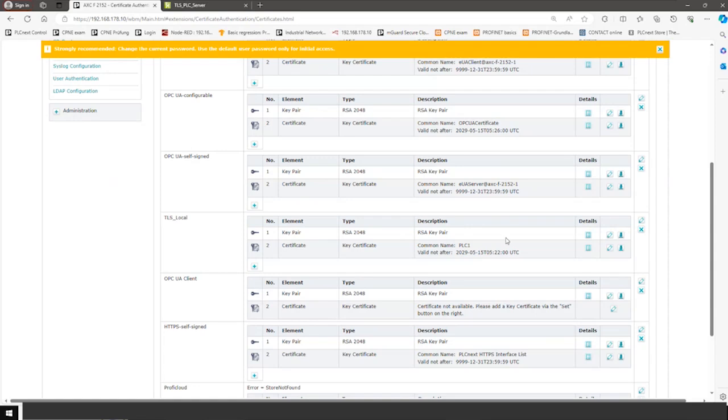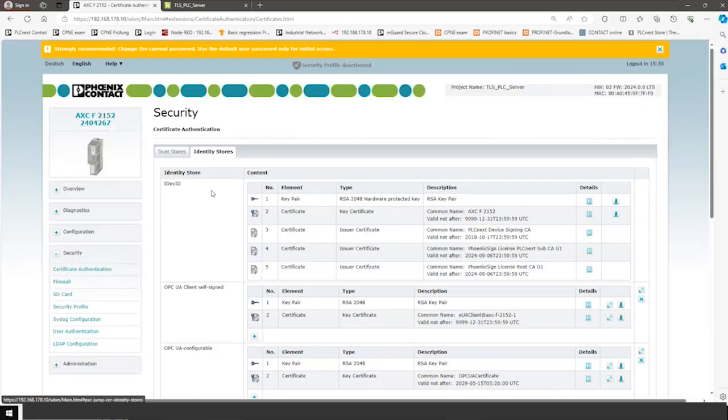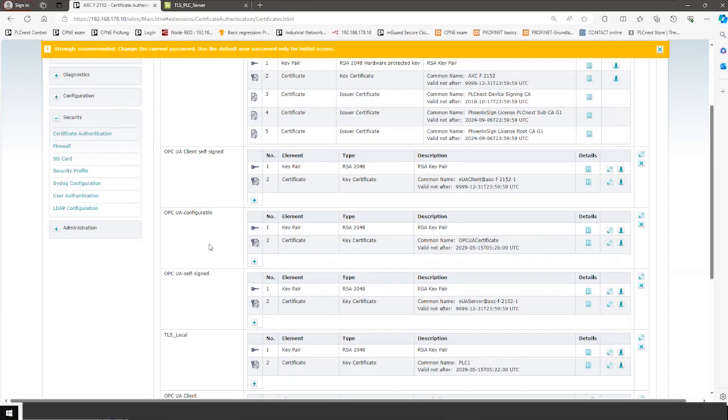But if you don't want that, you first have to export the certificate, store it in a secure location, and when you replace the PLC, go to the certificate identity store here and add the certificate. That's possible. But this is a manual process, so there's no automatic process for doing that. And then you need to keep the IP address the same for certificates which use the IP address to calculate keys. So this really depends. Sometimes there are also some other features.